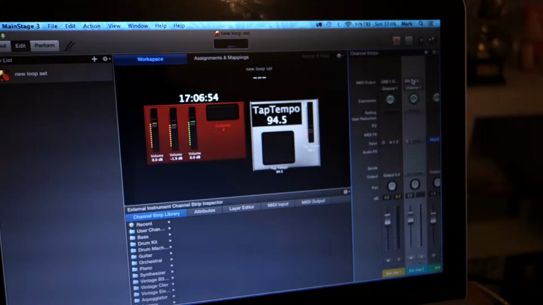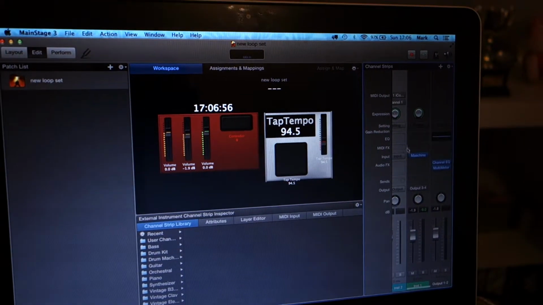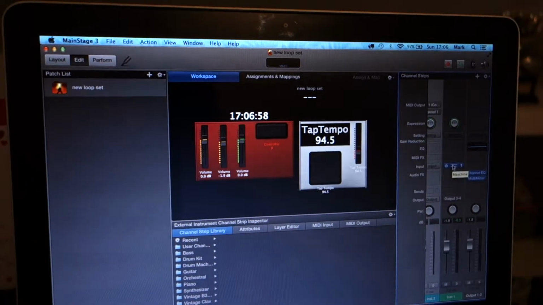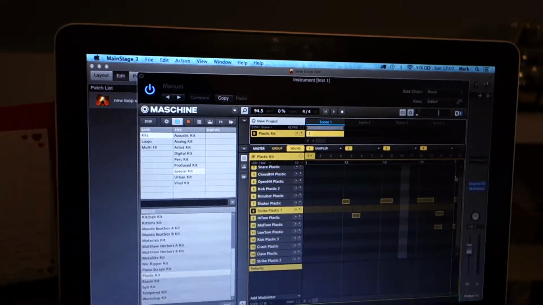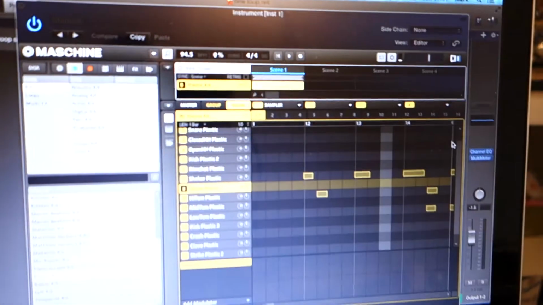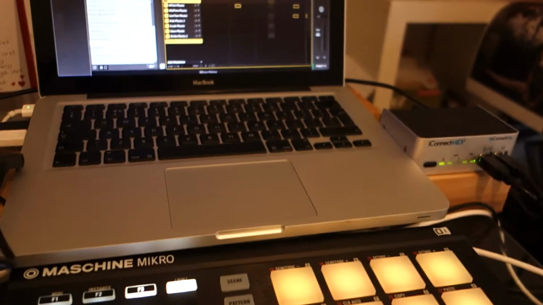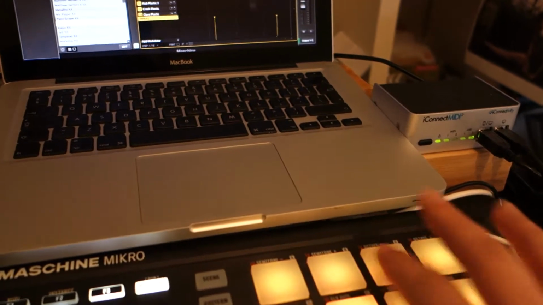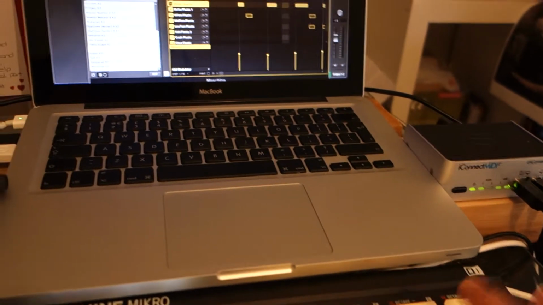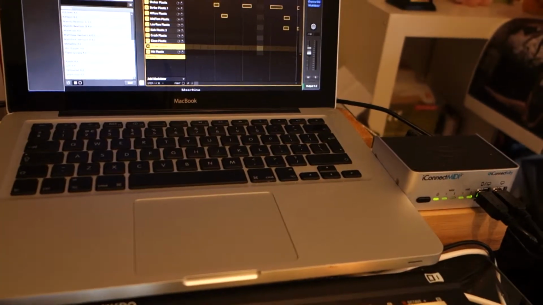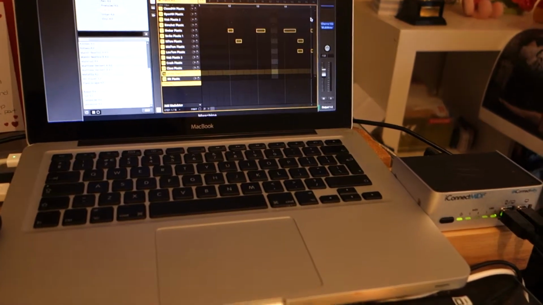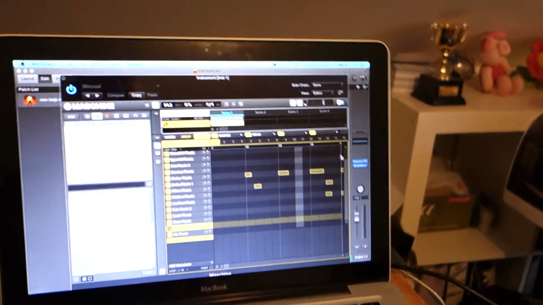Okay, so lastly we just have an instance of Maschine. If I just click up on that, we have this instance of Maschine up and running, and if I tap the pads you can see it's all going. So that's all coming in through there. If I just get rid of that,